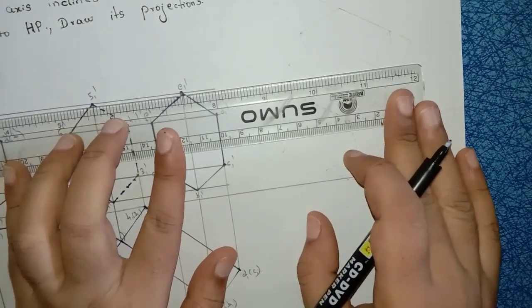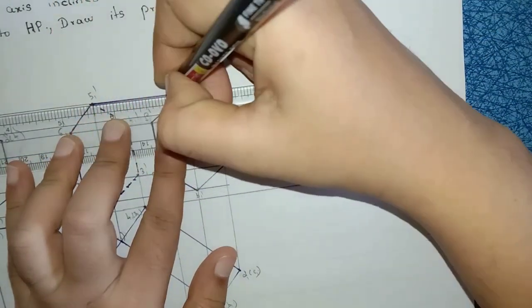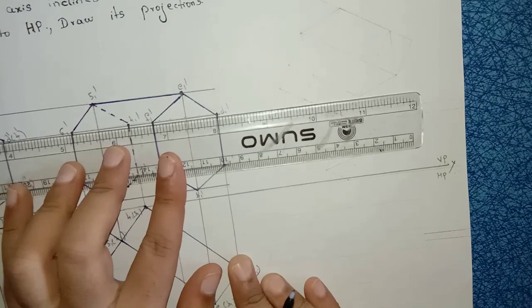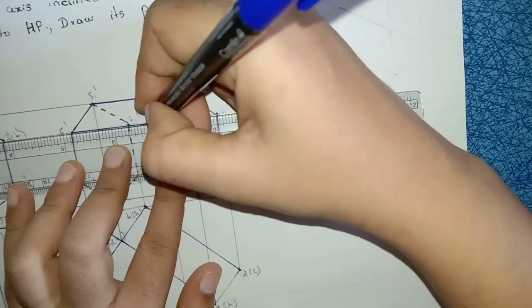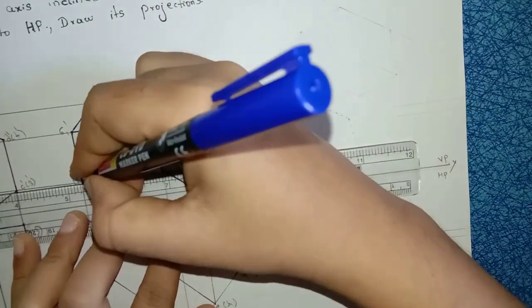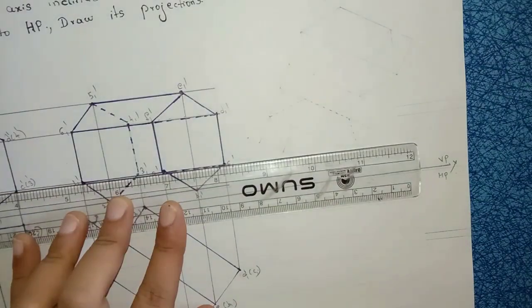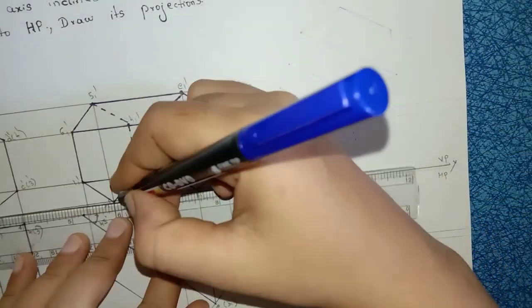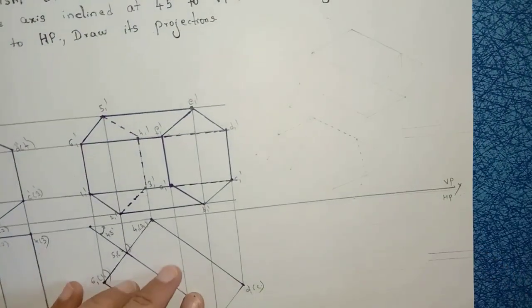Now join 5 to E in order to get the shape of the hexagonal prism. Join 5 to E, right, 6 to F, right, and from 4 to D, this is your dashed line. Then next from 1 to A, right, again from 3 to C is your dashed line. Right, and then next join this here to B. So this is your hexagonal prism.